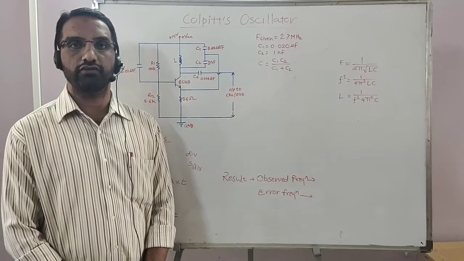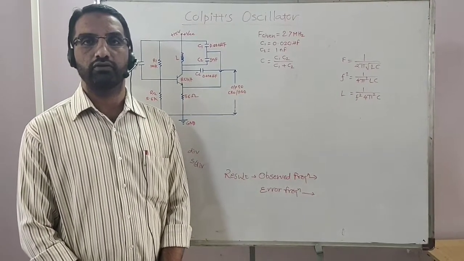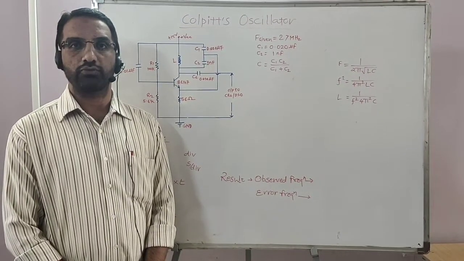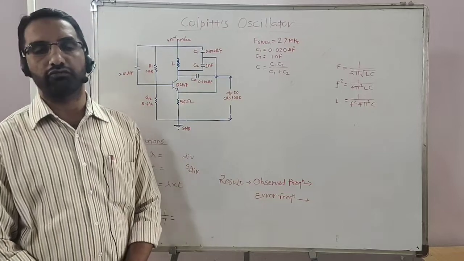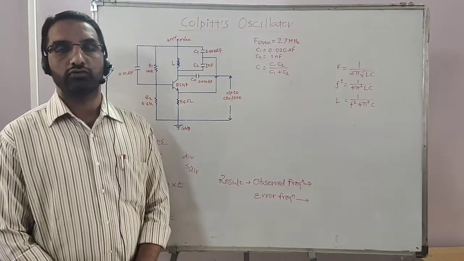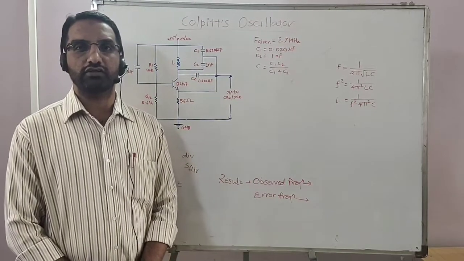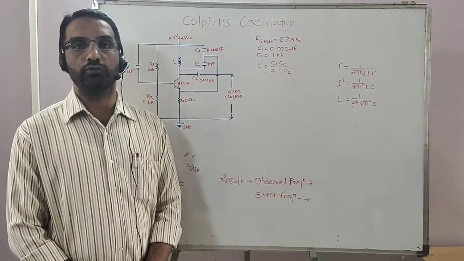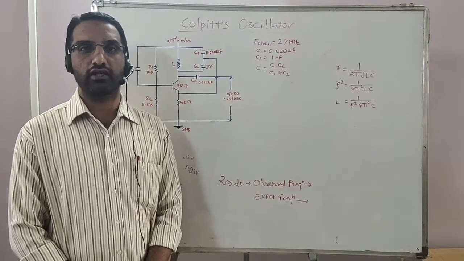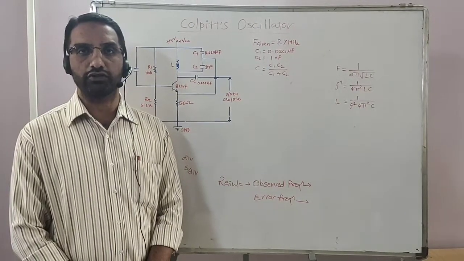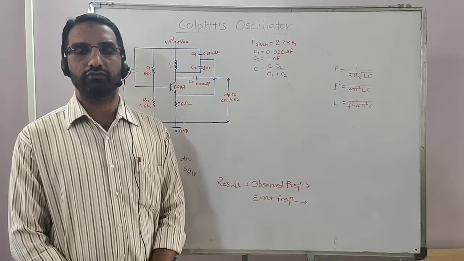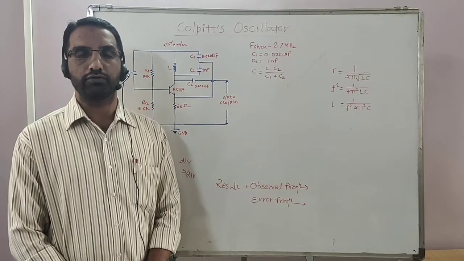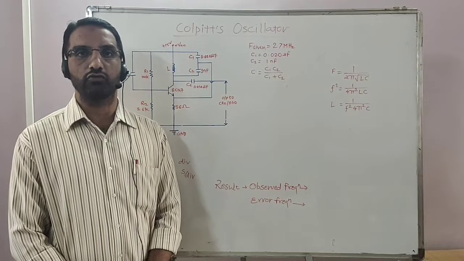There are different types of oscillators available. The first one is the RC type oscillator. This type of oscillator is also known as the audio frequency oscillator. In this case, a combination of resistors and capacitors is used, and they are designed for low frequency signals, so they are named audio frequency oscillators. For example, the phase shift oscillator and the Wien bridge oscillator are two different types of RC oscillators used for practical purposes.